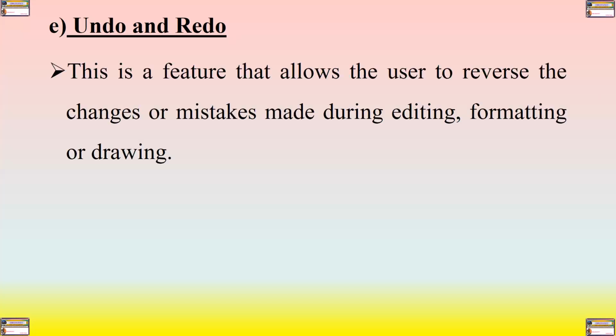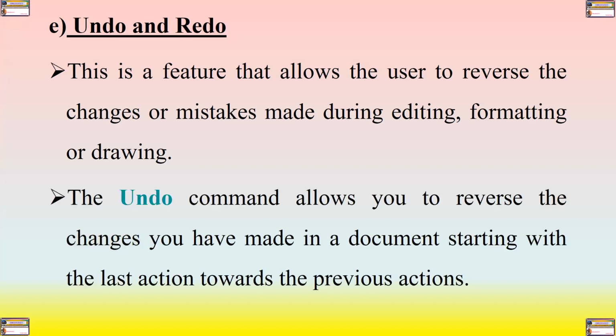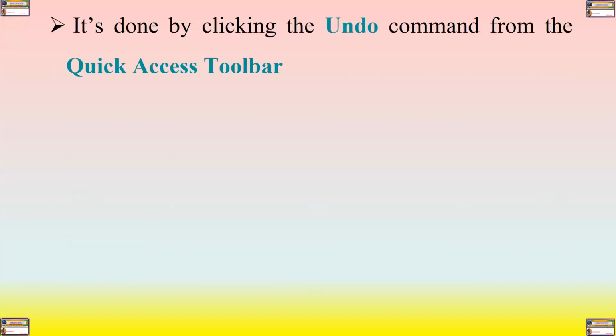The other very important feature for proofreading is the undo and redo. This is a feature that allows the user to reverse the changes or mistakes made during editing, formatting, or drawing. The undo command allows you to reverse the changes you have made in a document, starting with the last action towards the previous actions. It is done by clicking the undo command from the quick access toolbar for Microsoft Office